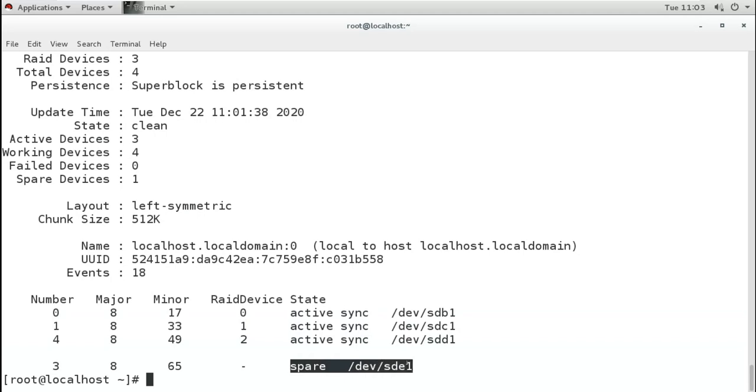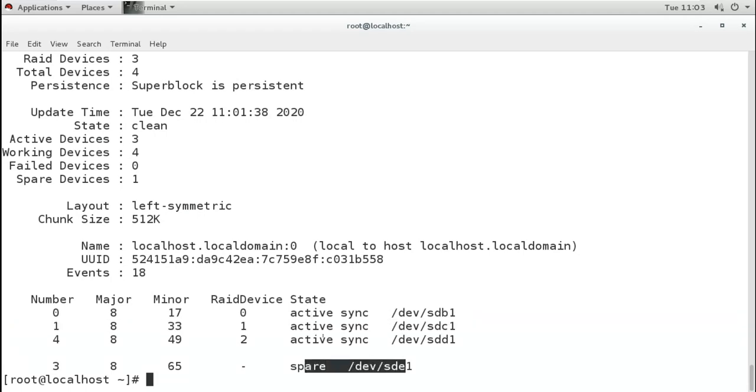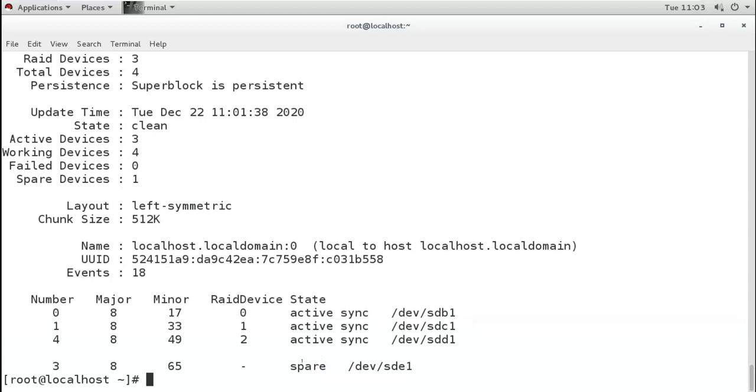So what is the benefit of this spare disk? If any of these active disks goes down, this disk will automatically take the place of the faulty disk. Now if you don't have any spare disk, it will still work. What happens if you lose one disk?